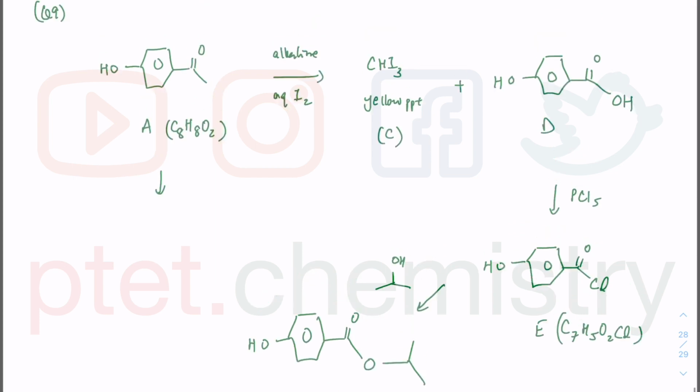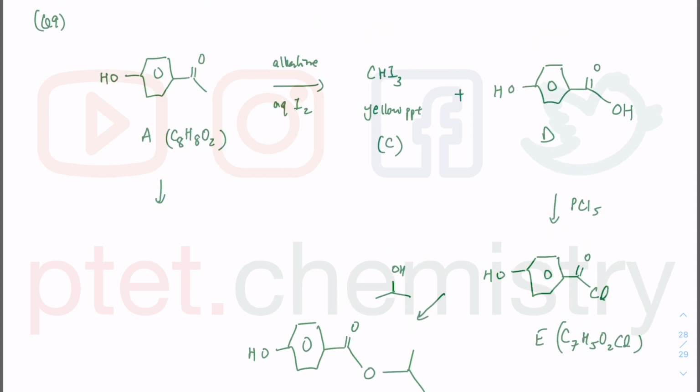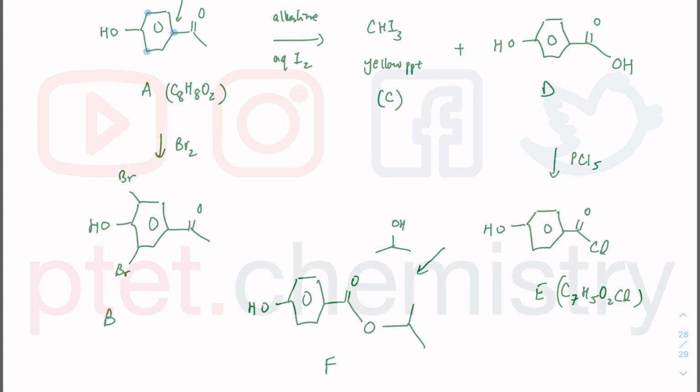Going back to the original structure, we talk about the reaction with Br2. Actually, we haven't talked too much about the reaction of Br2, but you know this is definitely correct based on the number of NMR peaks. You know that with Br2, the OH directs to this position, which I've marked in blue, but this other position in blue is blocked because there's something there already. That is why it only results in 2 times substitution instead of 3 times substitution. So that is why your final product only has 2 bromine in it instead of 3 bromine, because the other ketone is still present. That's why B is C8